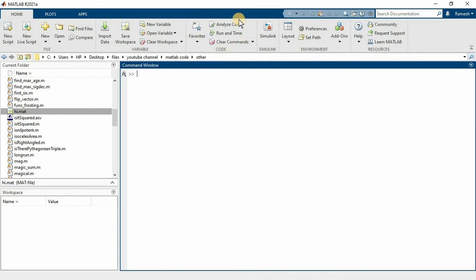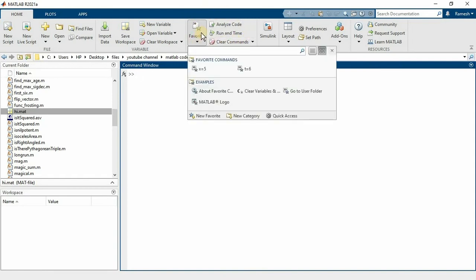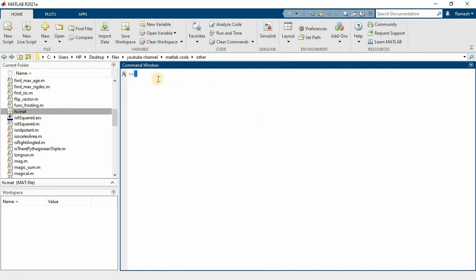Favorites helps you re-enter your code at any time. For example, x equals d equals 6, get into history and make it a favorite.